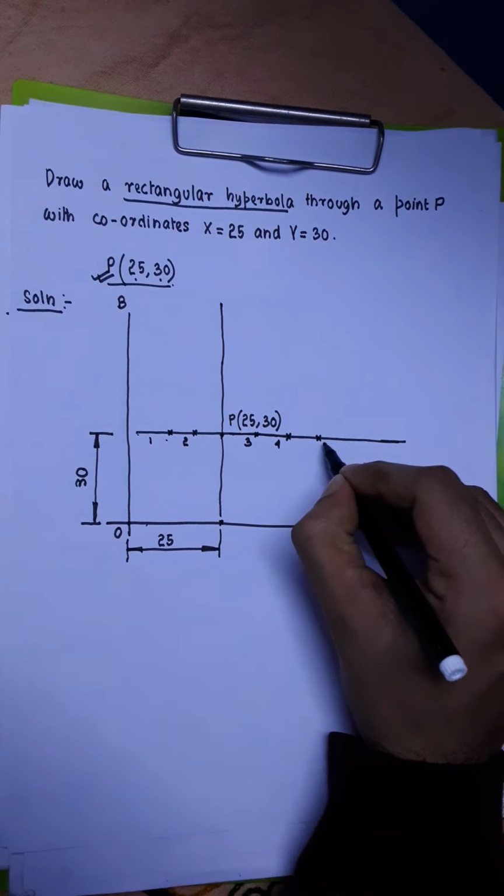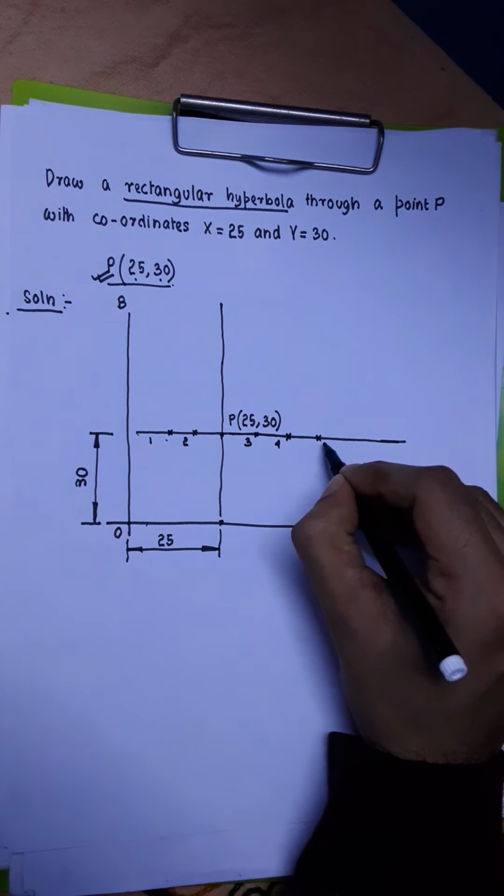Okay. Now, from 1 dashed you draw a horizontal line, and from 1 you draw a vertical line. Wherever they intersect, you call that point as P1. Again, from 2 dashed you draw a horizontal line, and from 2 you draw a vertical line. Where they intersect, you call that point as P2. Similarly, we can locate P3. From 3 dashed we draw a horizontal line, from 3 we draw a vertical line. Wherever they intersect, that is going to be P3.